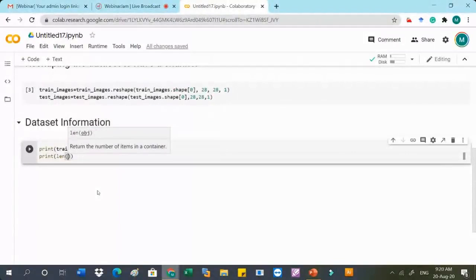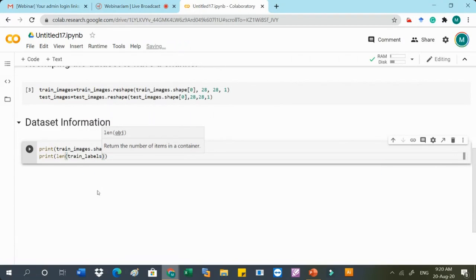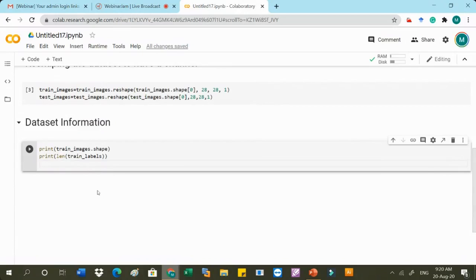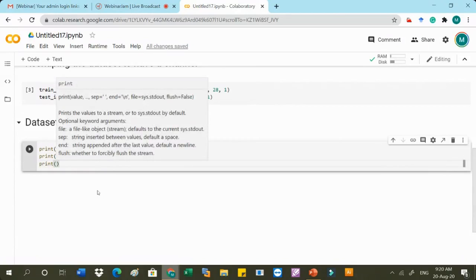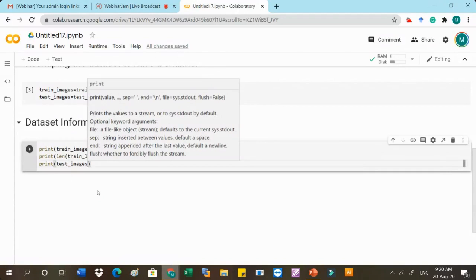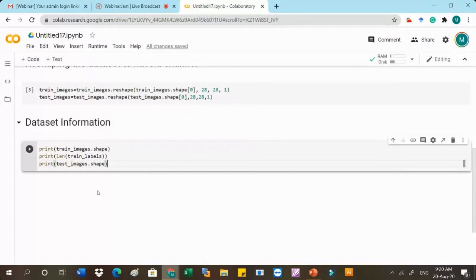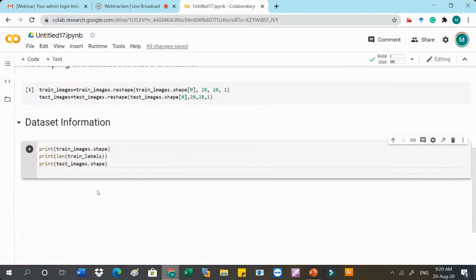So length of train_labels. Then next we can check the test images also. Print test_images.shape, and then we can also check its labels, which are used for calculating the accuracy.